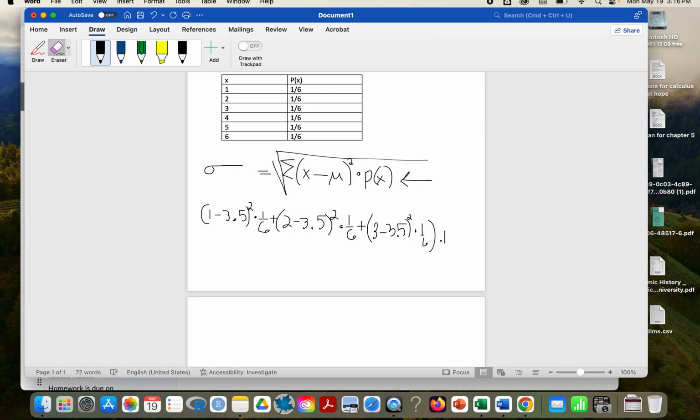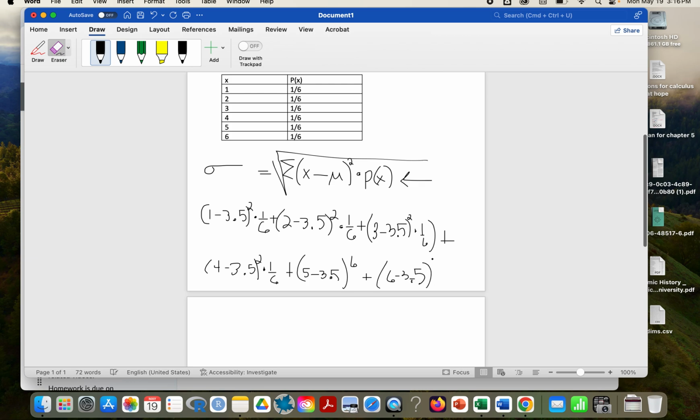And now I'm going to have to go down a line here, so forgive me. 4 minus 3.5 squared times 1/6, and then plus 5 minus 3.5 squared plus, and then last 6 minus